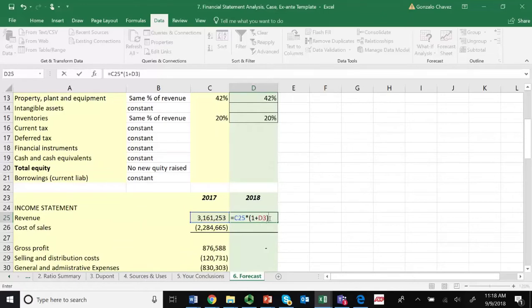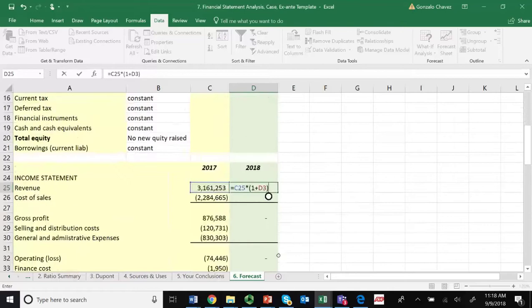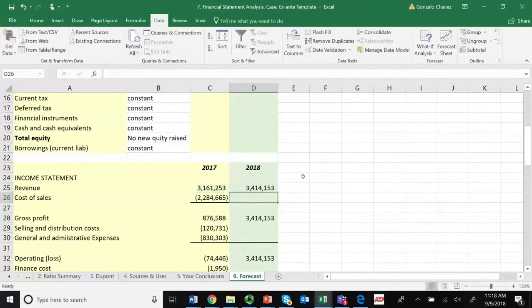Now, why is this useful? It's useful because once you do this, you can start playing with the numbers and changing this to 8, 7, 6, or whatever, and then everything else would just be dynamically linked, and so you will get all of the calculations redone for you instead of having to do this manually every time. So rather than putting 8% here, just put the cell reference and make it a dynamic link. That gives you an expected revenue of